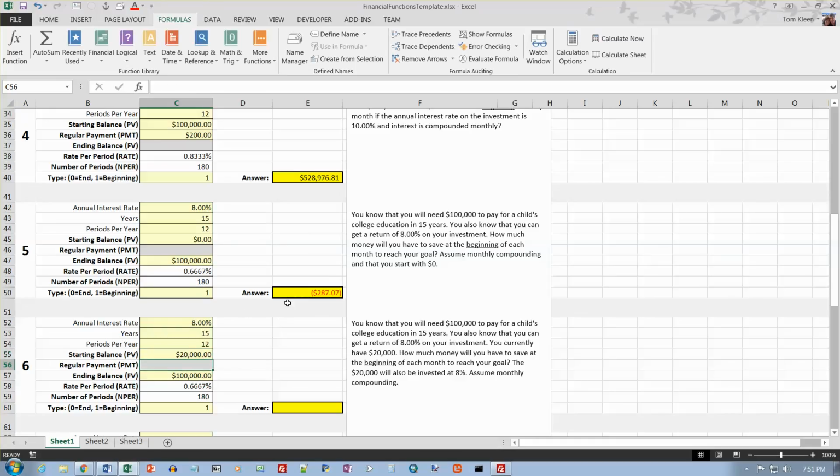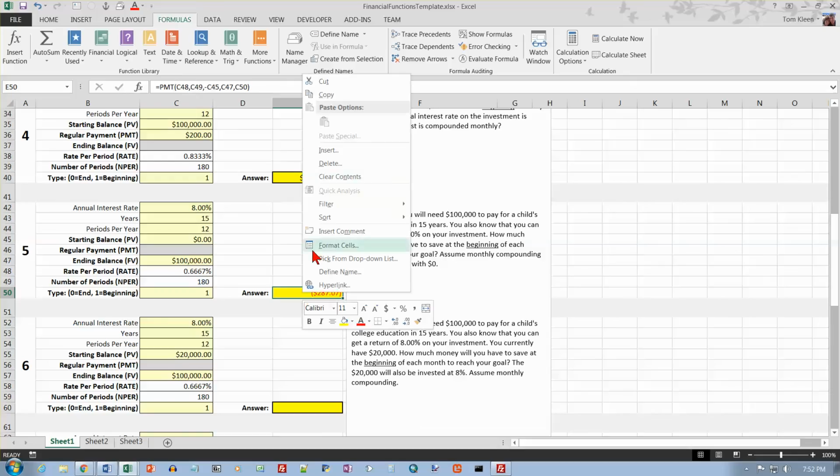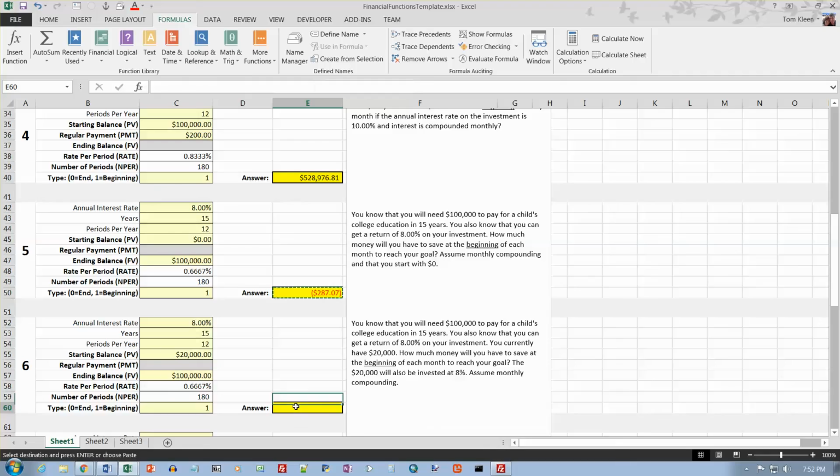Now it's the same formula. It's only that we've changed the number here, but we reference that number up here when it was 0. So if I copy this formula down here, it's going to change this to a 58, a 59, a 55, a 57, and a 60, which is exactly what I want if I move down 10 rows. I don't even have to do this problem a second time. I'm just going to right click on this and do a copy. I'm going to go down here and right click and